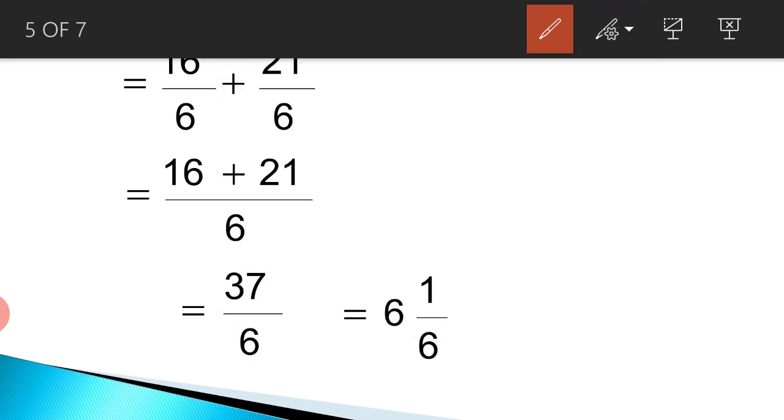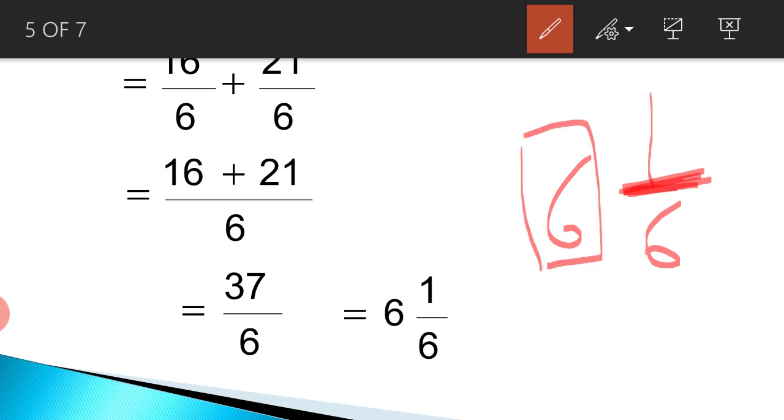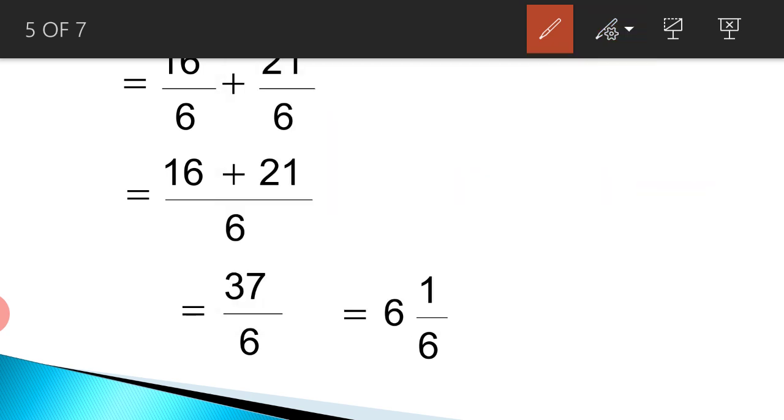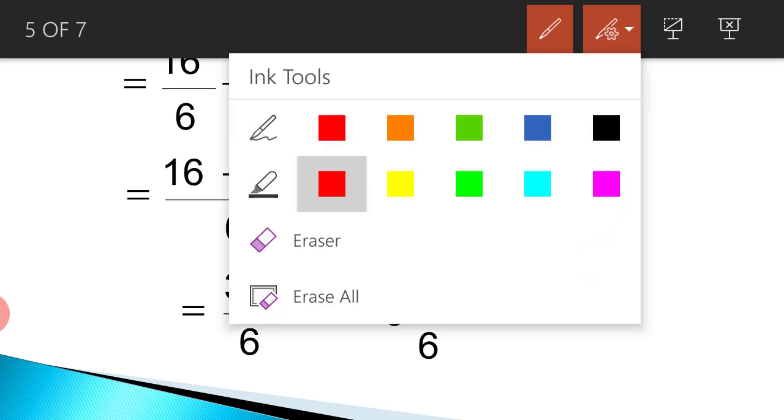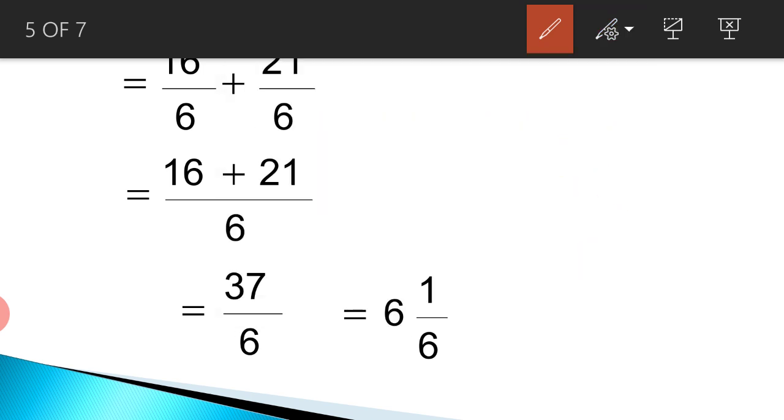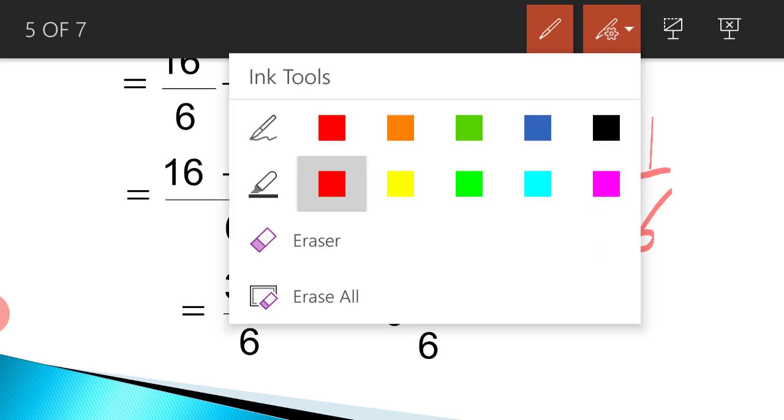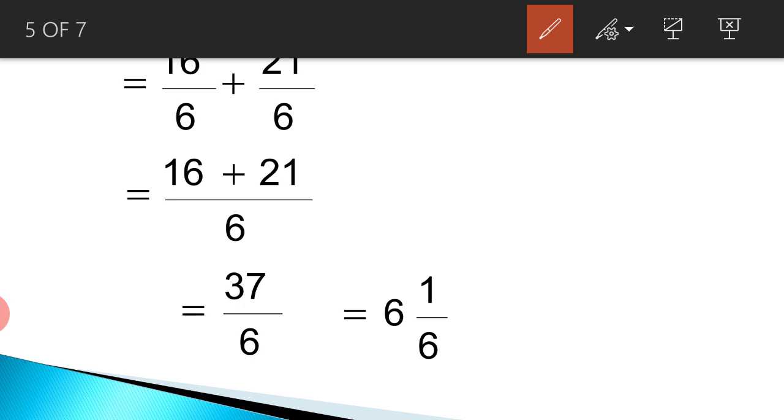Here we have the number 6 integer 1 by 6. Is it okay? The fraction, this particular division sign or this dash, should be in the middle of the 6. Otherwise, sometimes you don't take care and you write it as 6 1 by 6, so it looks like 61 by 6. Sometimes the same number you write down as 6 and 1 by 6, so it looks like 1 upon 66. So take care while writing mixed fractions. Is it clear? So now the answer is 6 integer 1 by 6. The next problem.